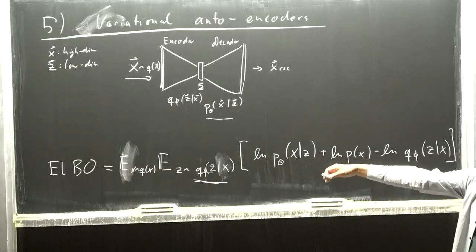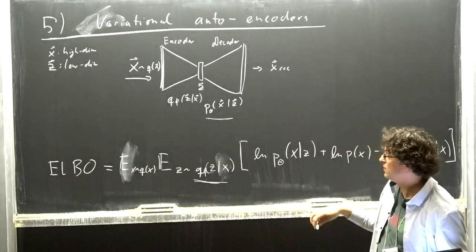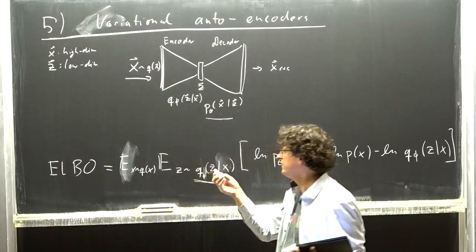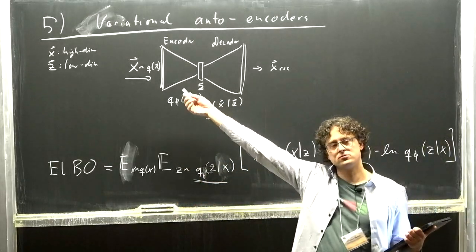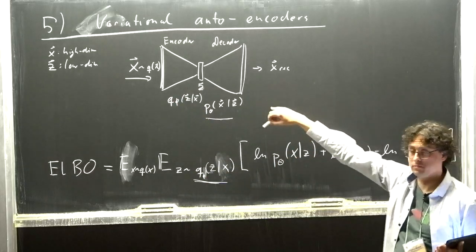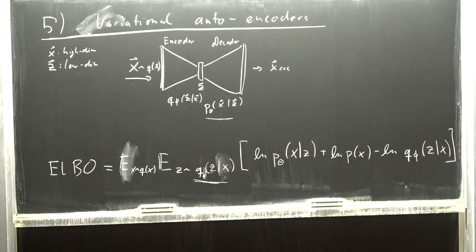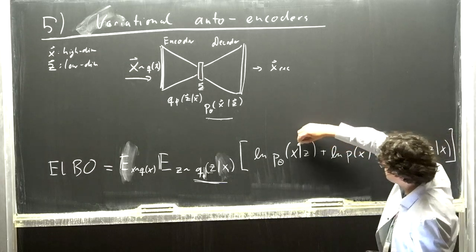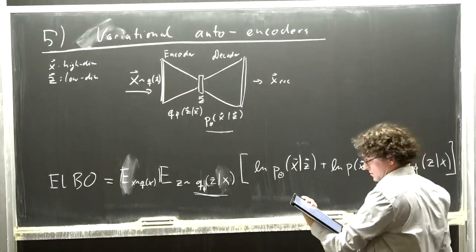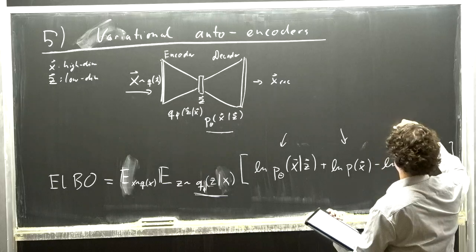And so the idea of a variational autoencoder is now to use ELBO maximization to train both these model components at the same time. So instead of just maximizing the ELBO with respect to the encoder part, the posterior part, we also would maximize it with respect to the likelihood part itself. And good, so that's the idea of a variational autoencoder. Typically, in practice and in the first versions of this that existed, all of this would be parameterized as Gaussians.